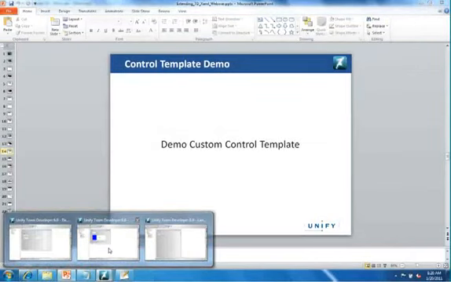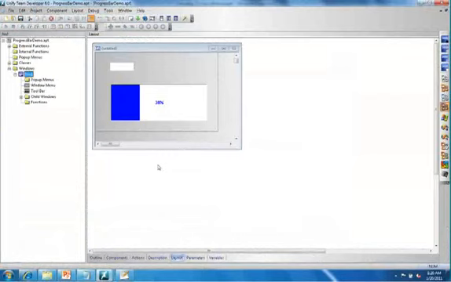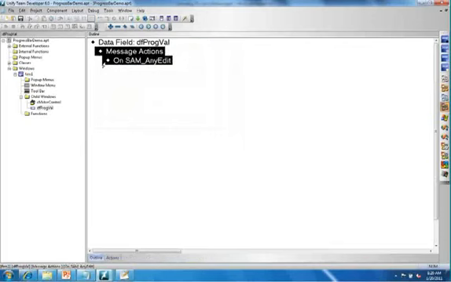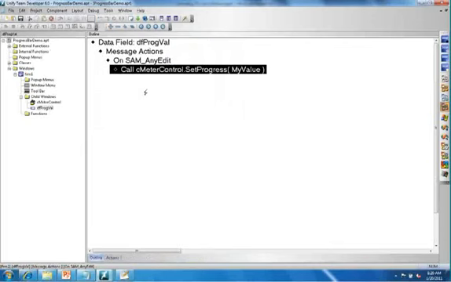Let me go ahead and show you a demo of how you can use custom control templates to customize TD's controls. Because all of TD's controls are just standard WPF controls, you can use custom control templates to change how they look and feel as well. Here's a simple application with a C meter control on the bottom and then a data field here on top. On this data field I have an on-edit handler, and any time it changes I call set progress on the C meter control to update its value. Now what I've done here is